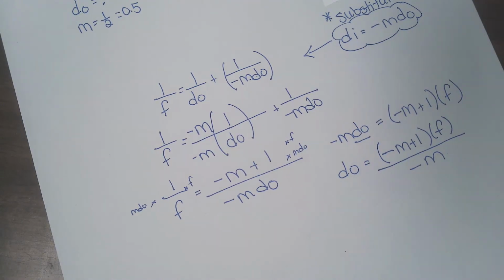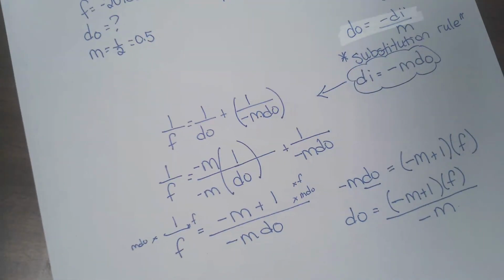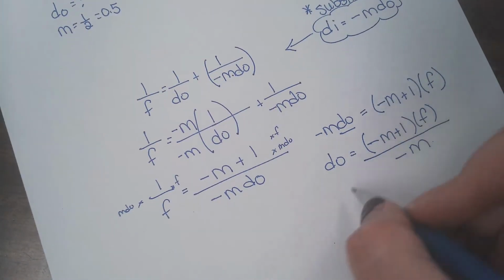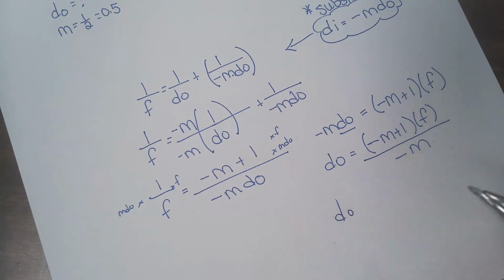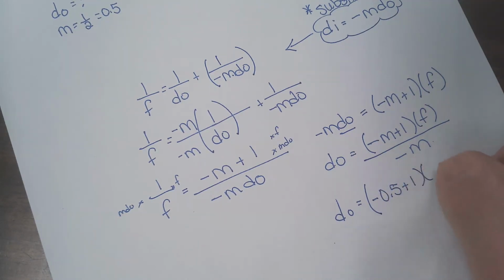Now, do I have M? Absolutely, 0.5. Do I have F? Absolutely, 20 centimeters. So the distance that the object needs to be placed is going to be negative 0.5 plus 1 times 20, all divided by